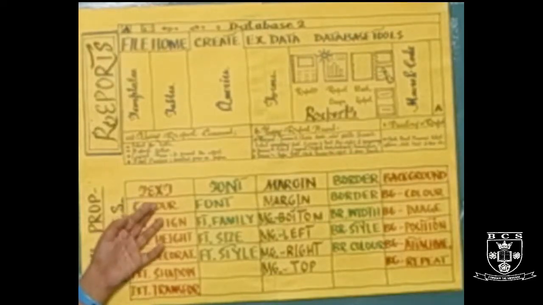Then text shadow. If I am writing my name on the board, how will it cast its shadow, we decide with this property. And right after that, text transformation. So these are the particular properties that we can apply for the text.